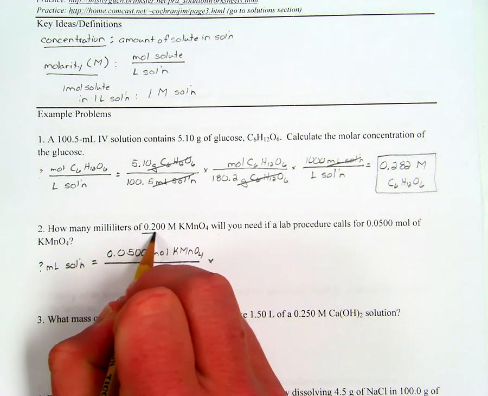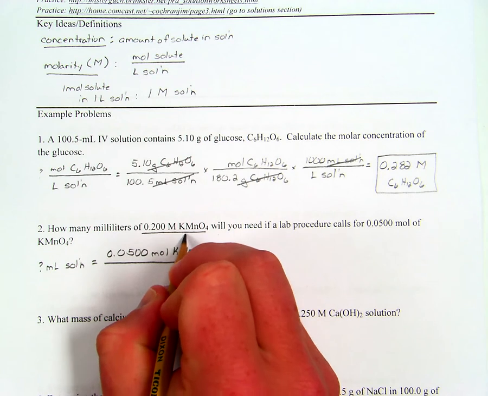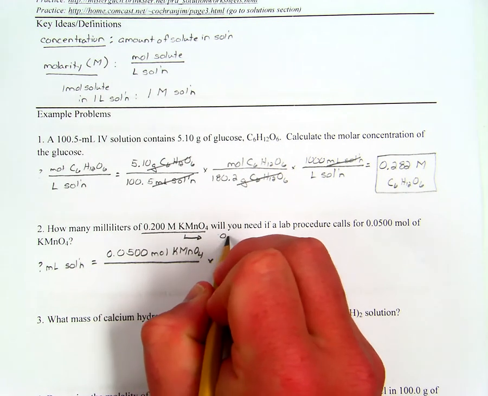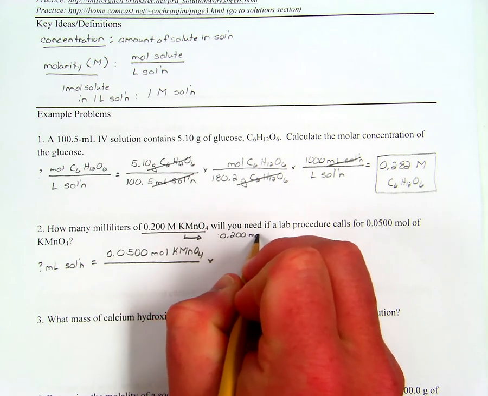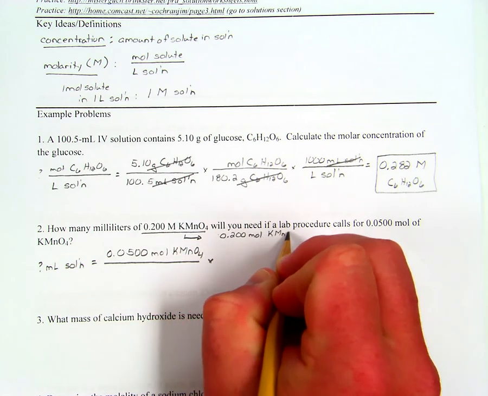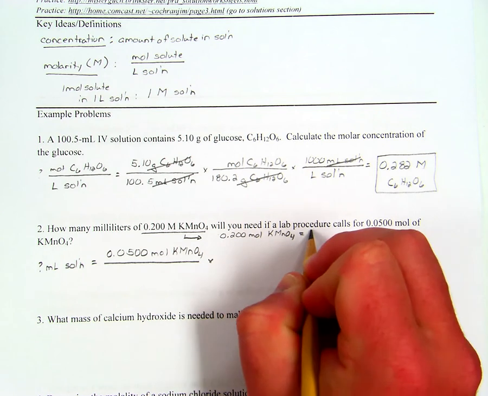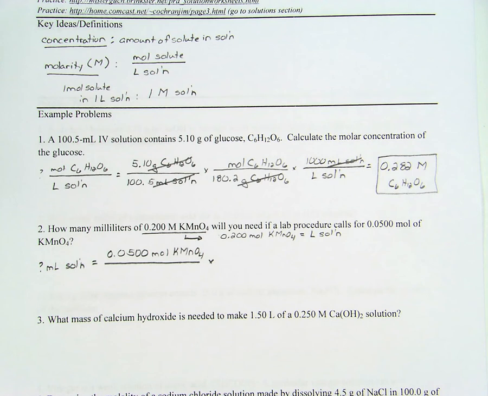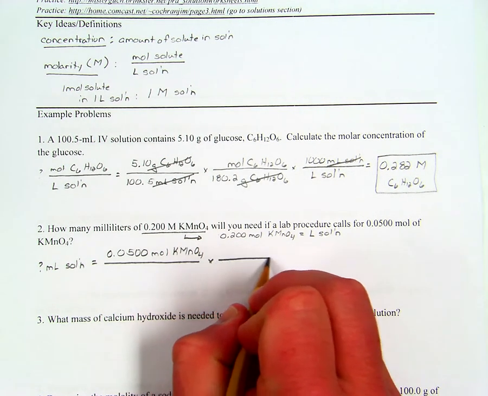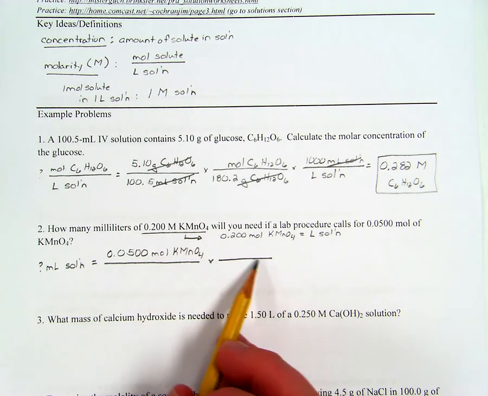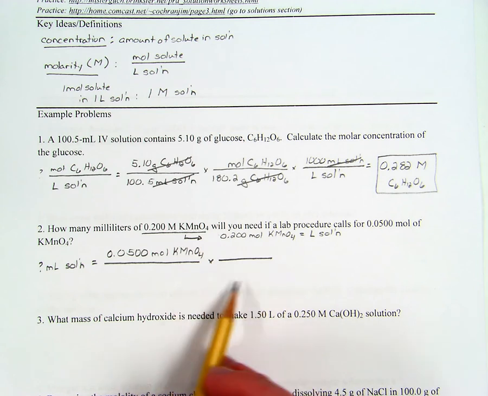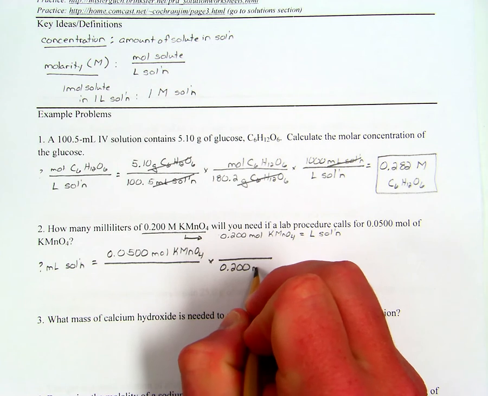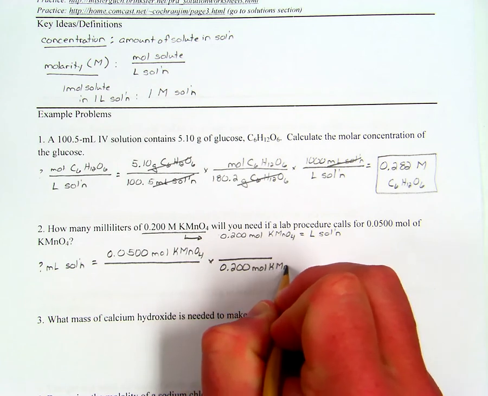Okay, this here is a conversion factor. Recall that the molar ratio tells us that there would be 0.200 moles of KMnO4 in every liter of solution. So I can just use that as a conversion factor. Now, looking at the units that I have and what I want to get to, I know that moles need to go on the bottom, or in the denominator, of my conversion factor. So I'm going to put the 0.200 moles of potassium permanganate, or KMnO4, in the denominator,